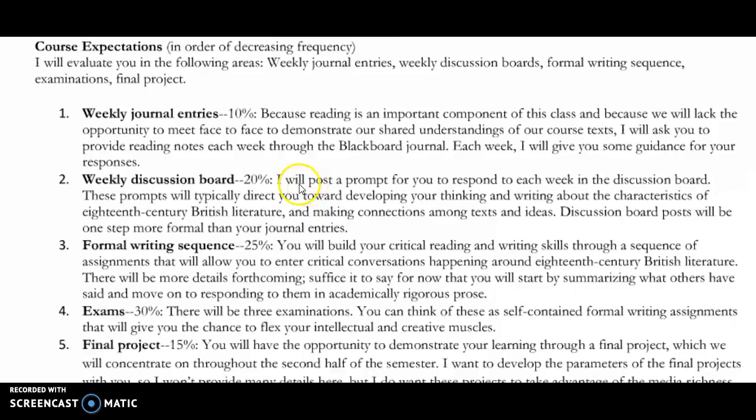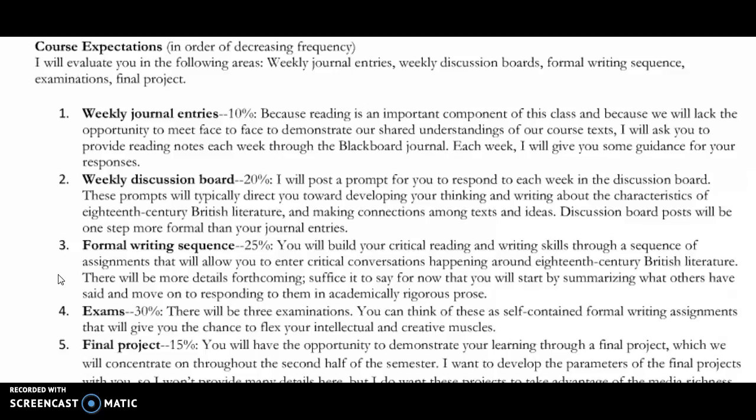So every week I'm going to ask you to give a journal entry. This is the most informal writing assignment that we'll have, and you'll see what we do with it. Each week I'll give you a prompt, and this is a chance for you to interact with your writing. Also weekly there will be the discussion board, where I'll put a prompt on the discussion board and you need to respond to it. Some weeks I'll ask you to interact more on the discussion board than others, but we'll do that habitually.